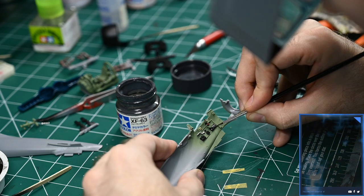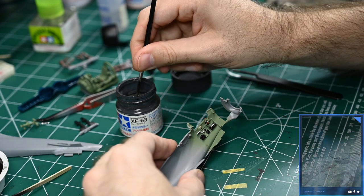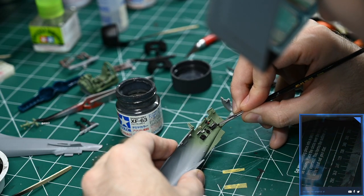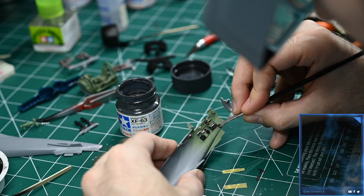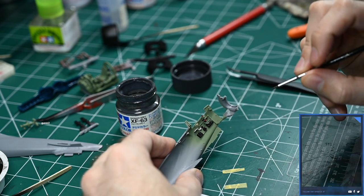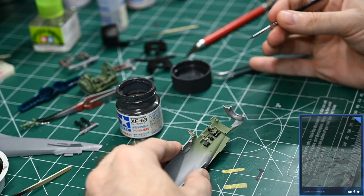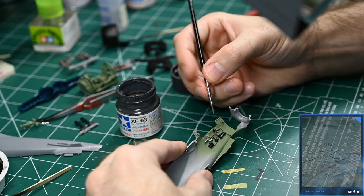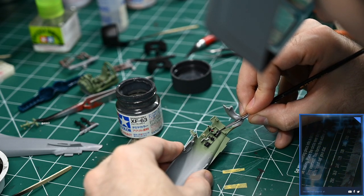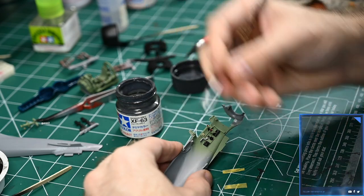Because again, all these were just black. Maybe not in the real thing, maybe they had some variety to them, but at least as far as the instructions go, and since I'm not doing a detailed research background of this, my instructions tell me to paint them black, but again, you won't see anything if we leave them that way. So especially once the fuselage halves are all brought together, the ambient light in there will be so moderate to none that you just won't see